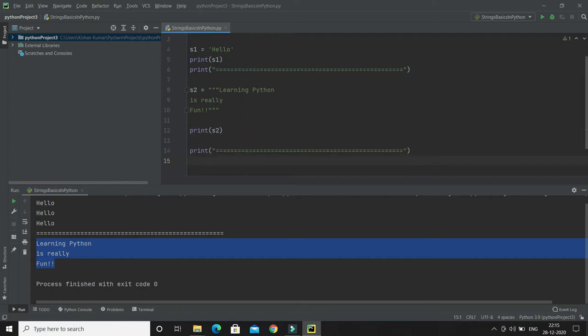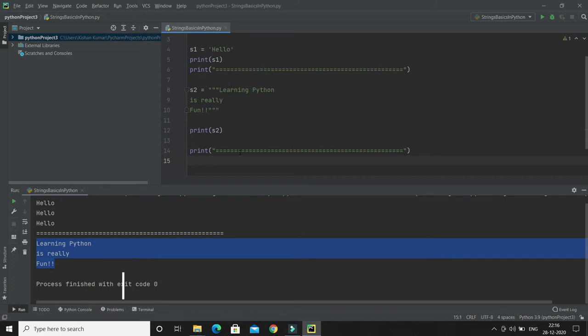Strings are usually considered as arrays in Python. Like many other popular programming languages, strings in Python are arrays of bytes representing Unicode characters. However, Python does not have a character data type. A single character is simply a string with a length of 1. So if you want to represent a single character, you have to take a string with length 1. These things you should keep in mind.